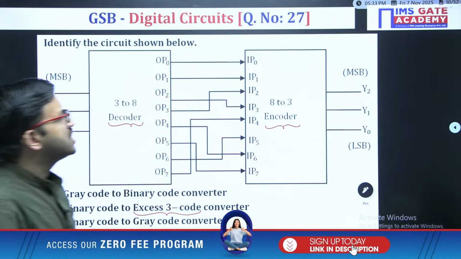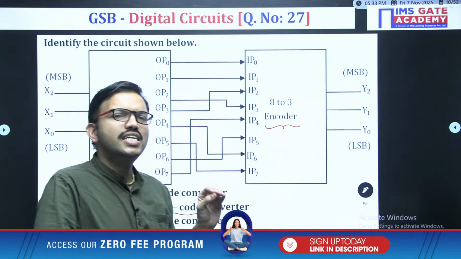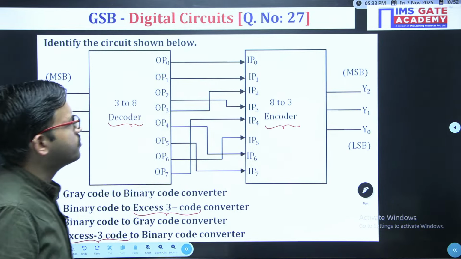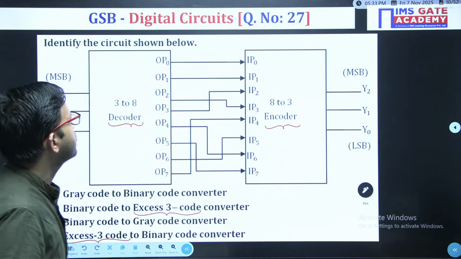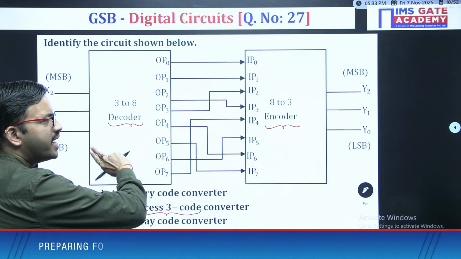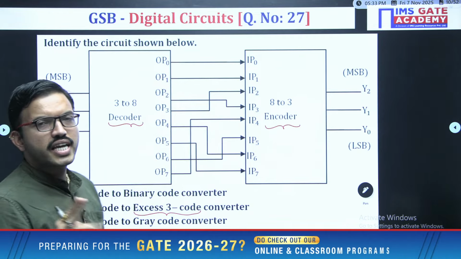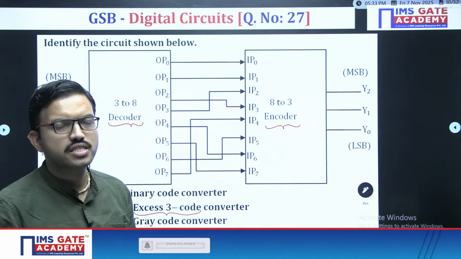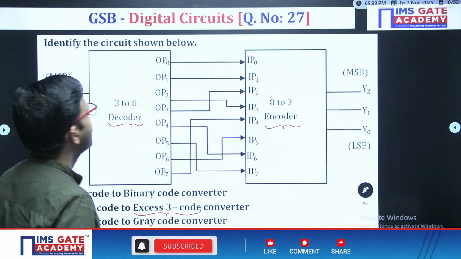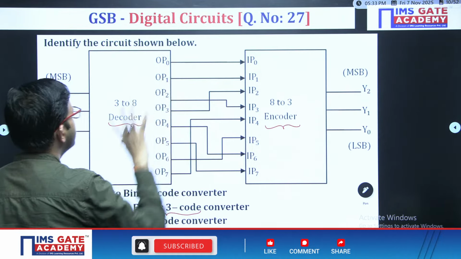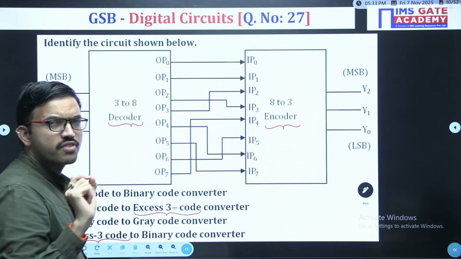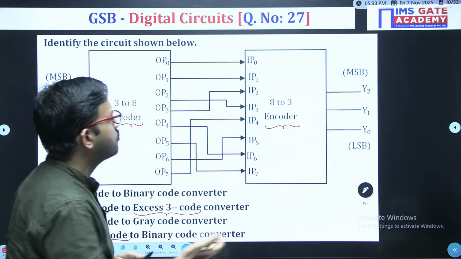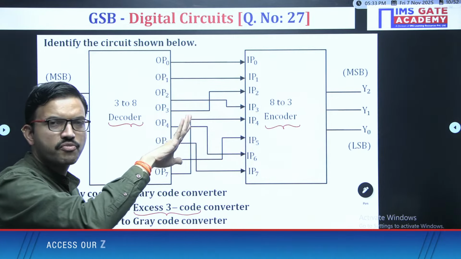Okay, so they never frame any question intentionally like time consuming. Rather, they will keep some logic, if at all, if they want to frame any typical question. So regarding binary to gray or gray to binary, either for 3 inputs or 4 inputs, don't verify the first 4 combinations of zeros and ones, because with the help of any of the combinations, if you want to decide the overall circuit